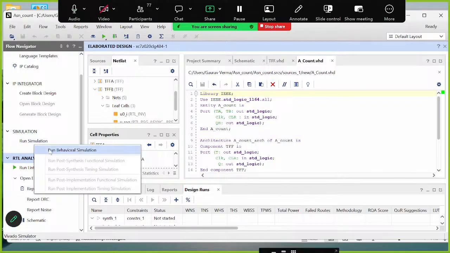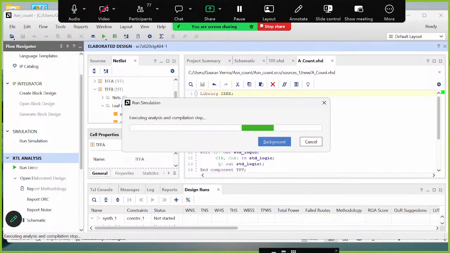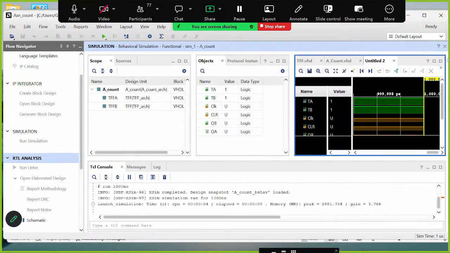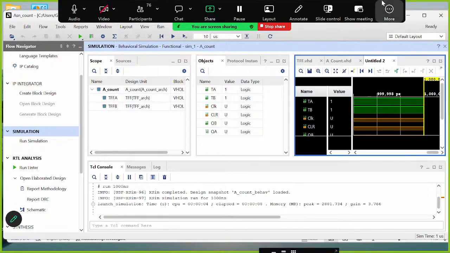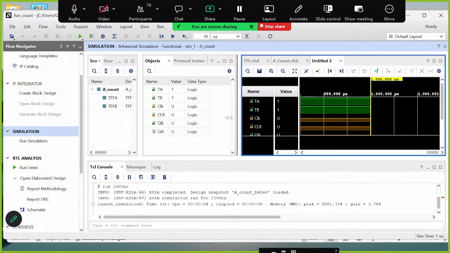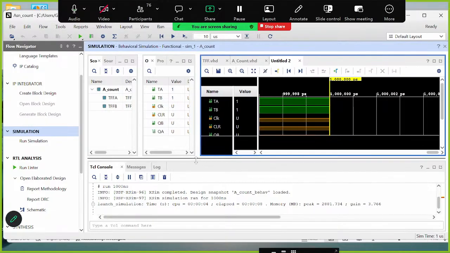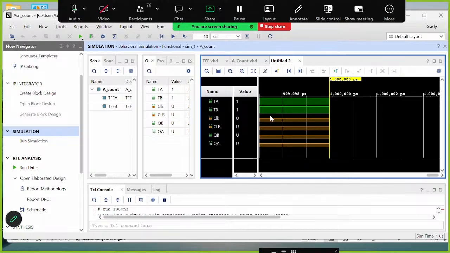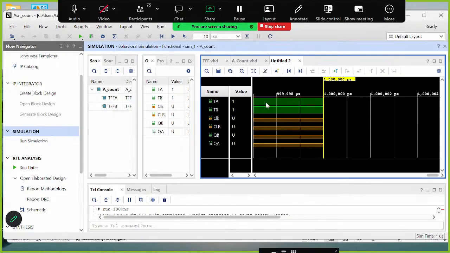For the simulation, we need to click on run behavioral simulation. See over here. In the simulation, you find out that automatically, you can see over here, the T and TV logic are tied to 1 in the main probe. Okay. For running it,